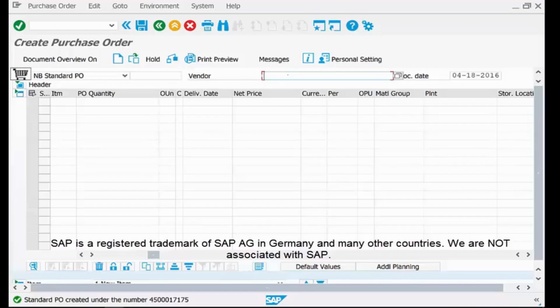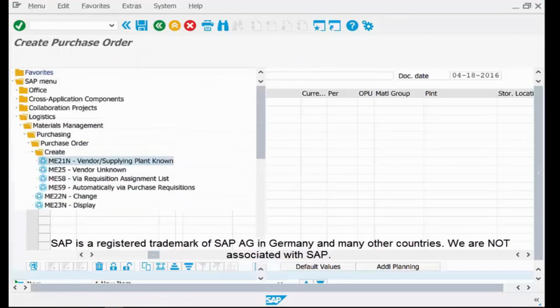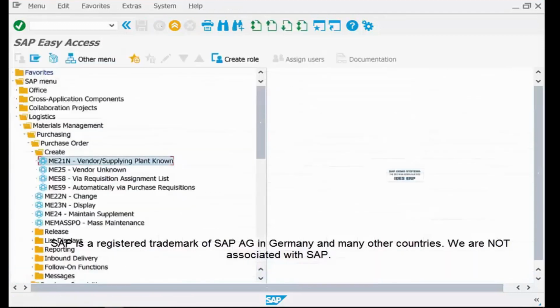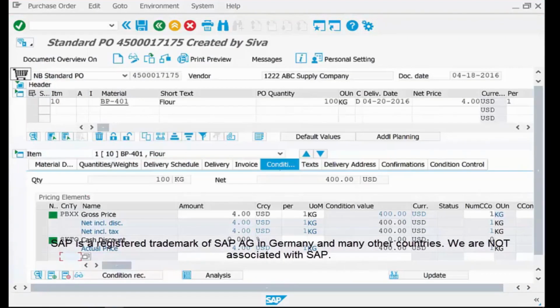Now if you have created a PO and then you come to know that you want to make some changes in that PO, how do you do that? In order to make changes to the PO, you can again go to the SAP menu, and just below the create menu there is a change T code. Select that T code. This change menu shows us the last worked PO on the default screen.